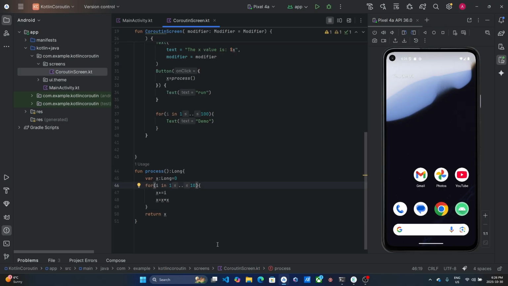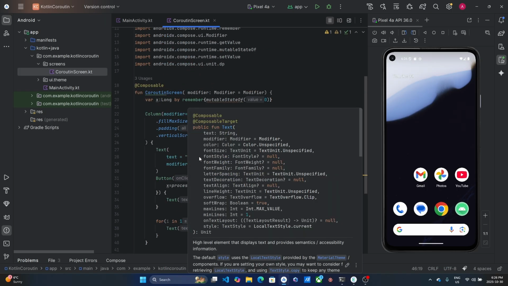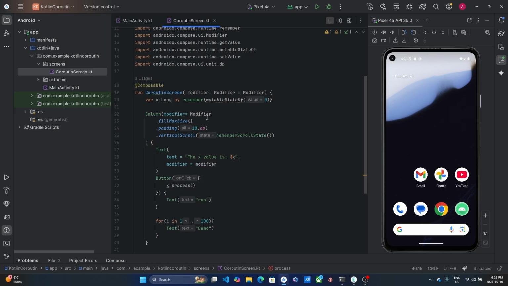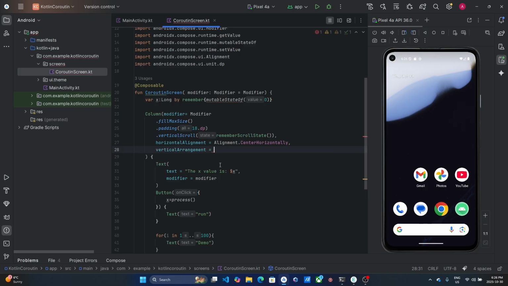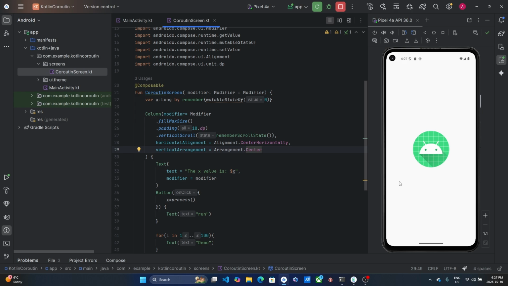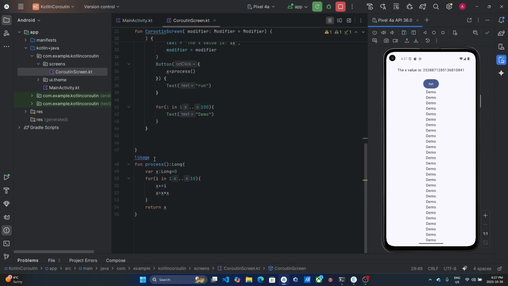Let's make this, let's say we want some alignment. We say horizontal alignment equal to Alignment.CenterHorizontally, and vertical arrangement, we want Arrangement.Center. Let's run the application. So in this column, we got these modifiers. And click on run, everything runs good and the UI has no problem,